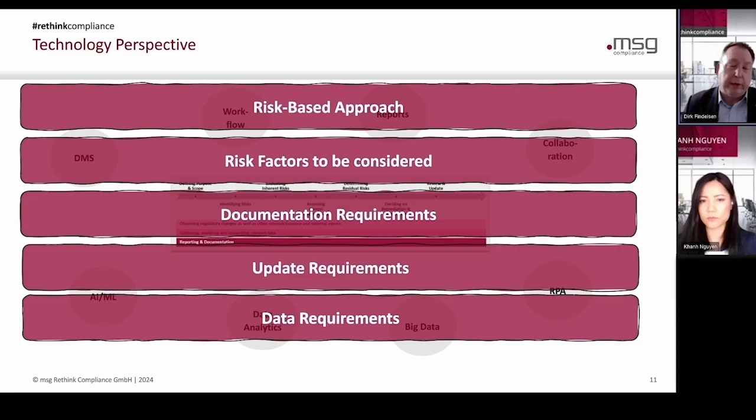And then data requirements. So at least some regulators are giving you a clear understanding, more or less clear understanding about data quality requirements. And data quality requirements is not only about having data or not having data, it's also about the consistency of data. So there's some regulatory requirements you need to have in mind as well when setting up your technology mix for risk assessment